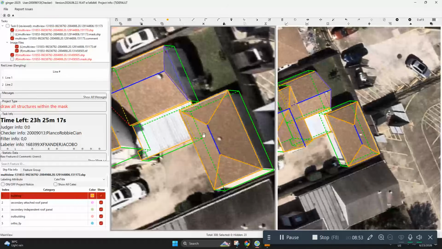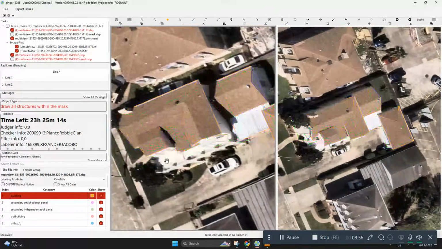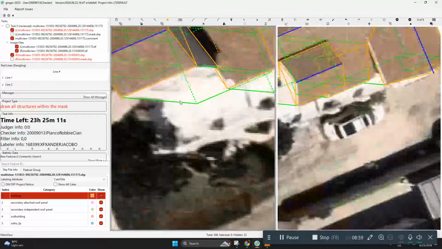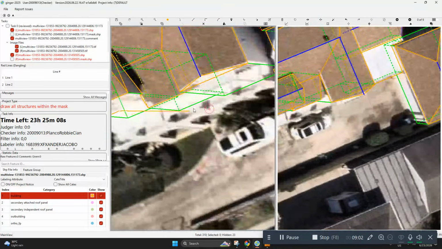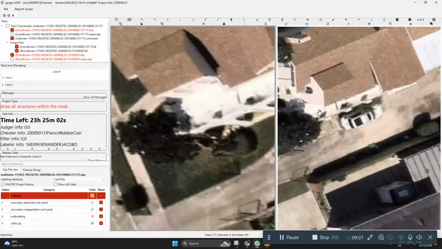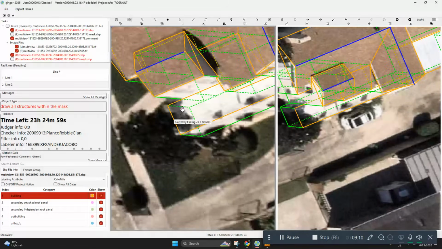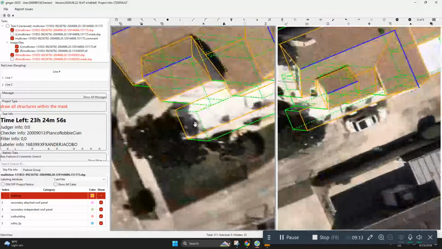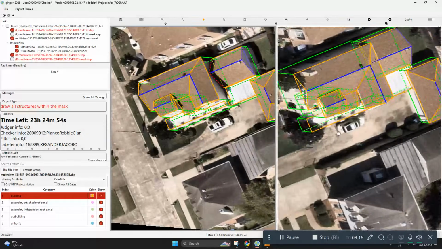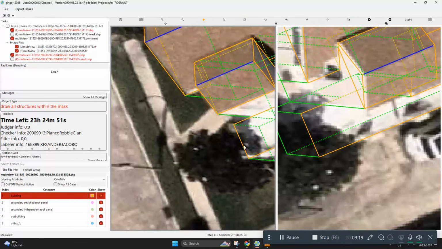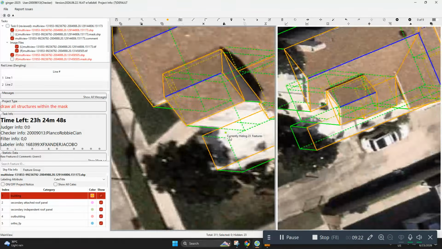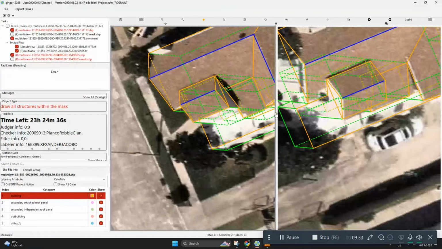Don't forget guys, this part should be captured as part of the building also. This one, this balcony. We need to insert it a bit more, like so. Again, guys, use the right as reference. You can just cut this part out later using autofix. So I think we are done.